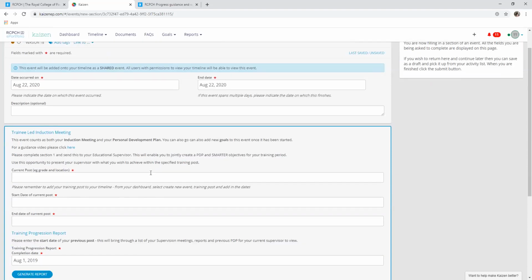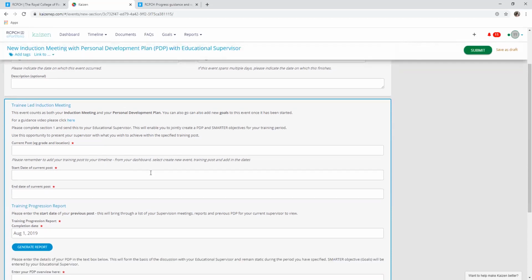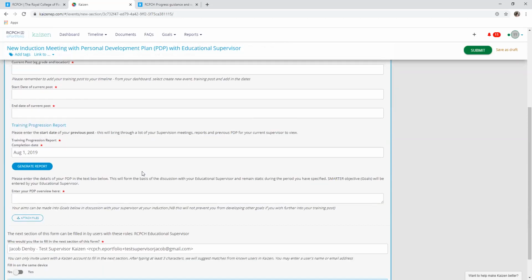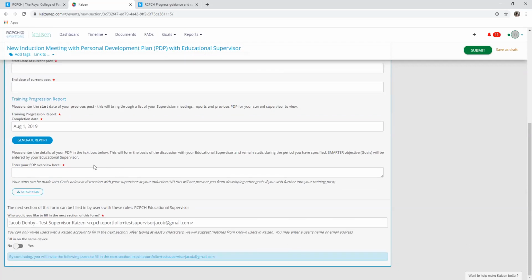And obviously, more than that, the most useful part is you need to use this as a starting point for your induction meeting with your supervisor, so they can see where you are in training, what you want to do in that post, and what you want to get out of that post. So obviously enter the details as requested, and then this section here is where you need to enter what you think you would like to be your PDP for that